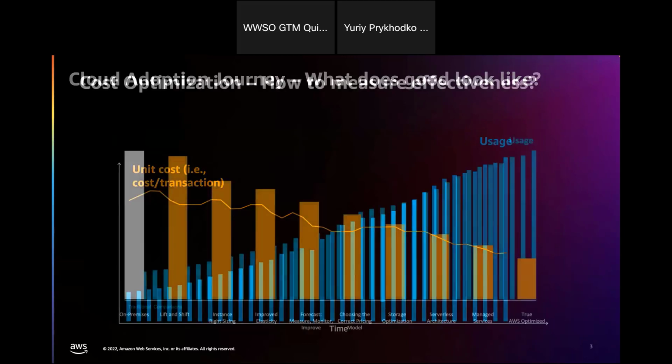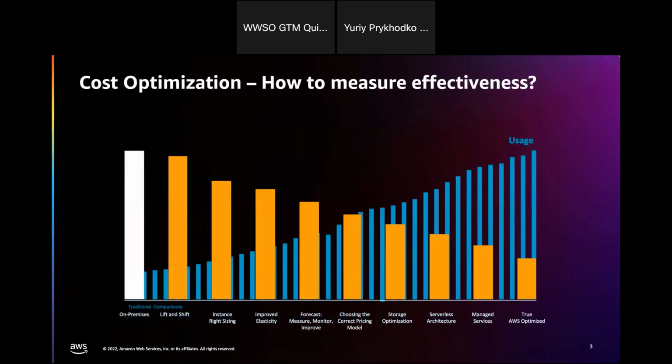Another challenge which FinOps practitioners and organizations have when running workloads on AWS is to understand what cost optimization opportunities are available and how efficiently they are used within the organization. And there are different cost optimization opportunities as a way you can reduce your unit cost. You can right-size your instances and eliminate infrastructure waste by using different services like AWS Compute Optimizer and Trusted